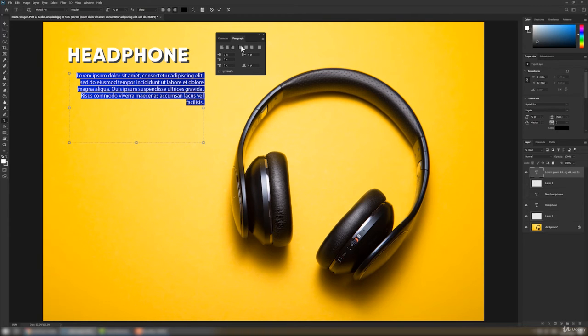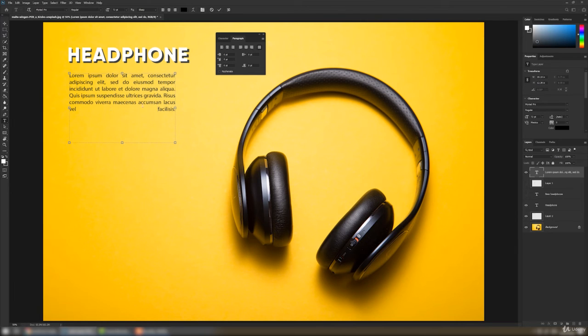We can always left align justify, center align justify, right align justify, or force justify. Force justify will forcefully justify our entire paragraph, even the last line. So if we have only one word in the last line, it will go like this.